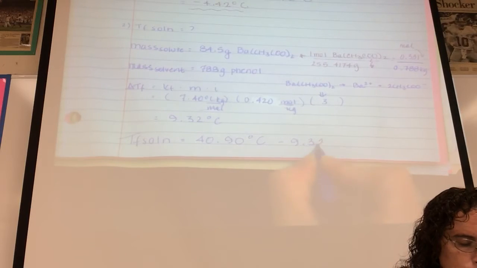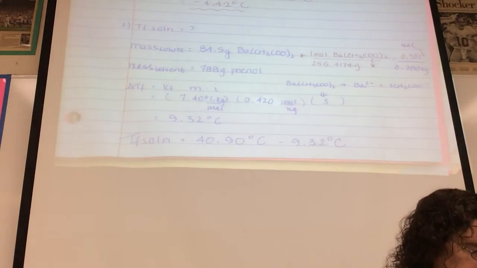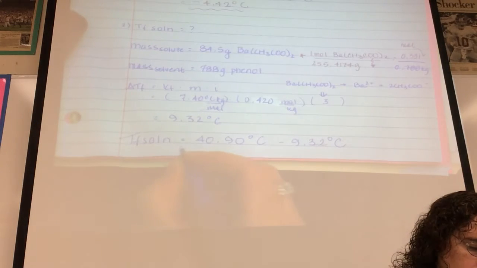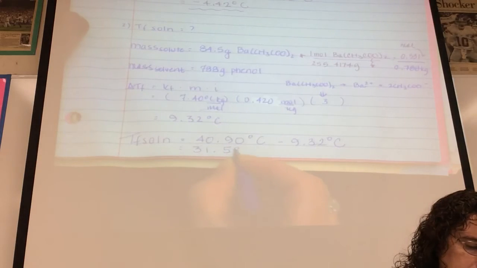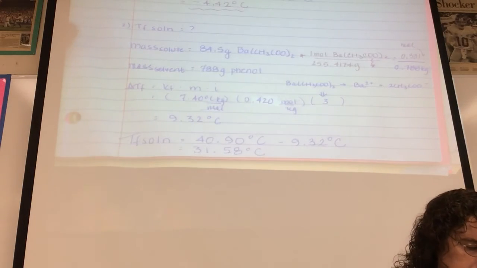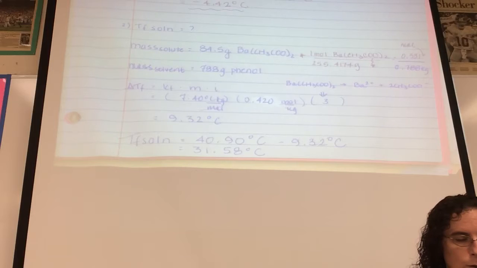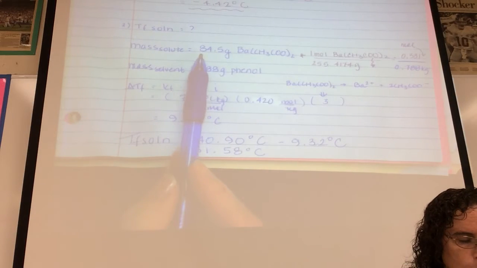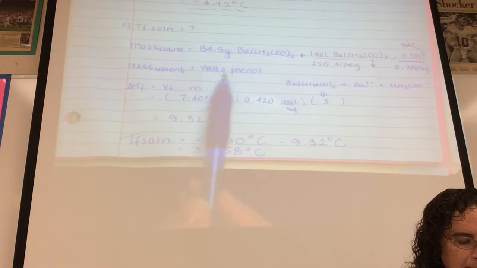And make sure you subtract because the freezing point gets depressed or lowered. And you have 31.58 degrees Celsius. That's the temperature at which the solution will freeze when you dissolve 84.5 grams of barium acetate